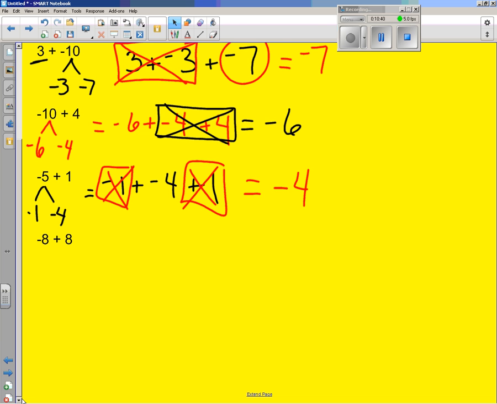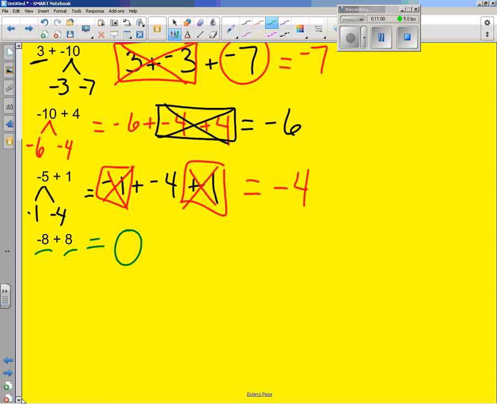And one more for you. I threw this one in because I thought it was kind of cool. Instead of making extra work for yourself and splitting up numbers and trying to find additive inverses, I hope that you would recognize from the very beginning that negative 8 and positive 8 are additive inverses, so together they equal